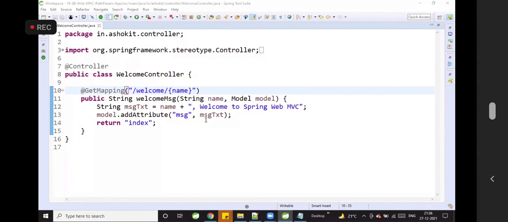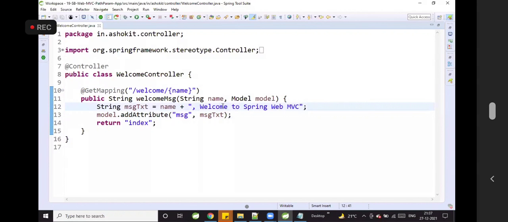So whenever you are representing a URL pattern for a path parameter, you need to specify in which position that path parameter will come in the URL. Here, after welcome, whatever is coming in the URL belongs to the name variable.